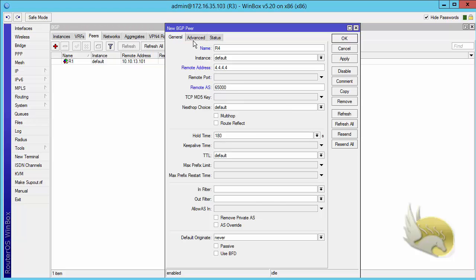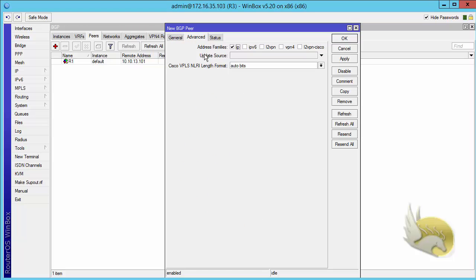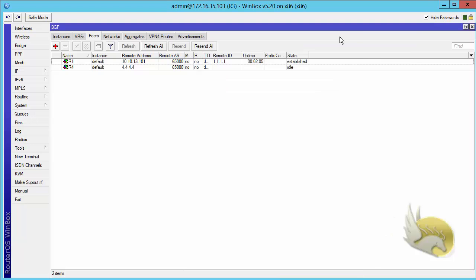I can go to advanced. As I can see here, there is an update source. I can select it to be loopback 0, or I can enter the IP address. It doesn't matter which one you do. I just select loopback 0, and as I told you, it is like I am sourcing my BGP session from my loopback 0 to router 4's loopback 0. I click on OK, and let's go to router 4